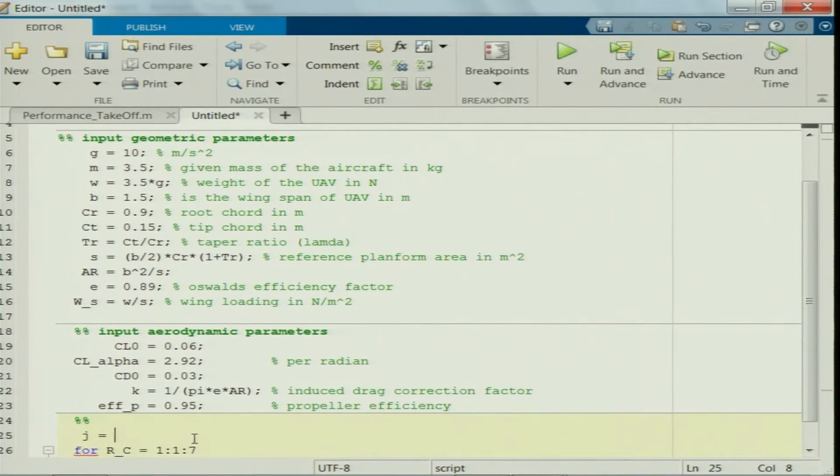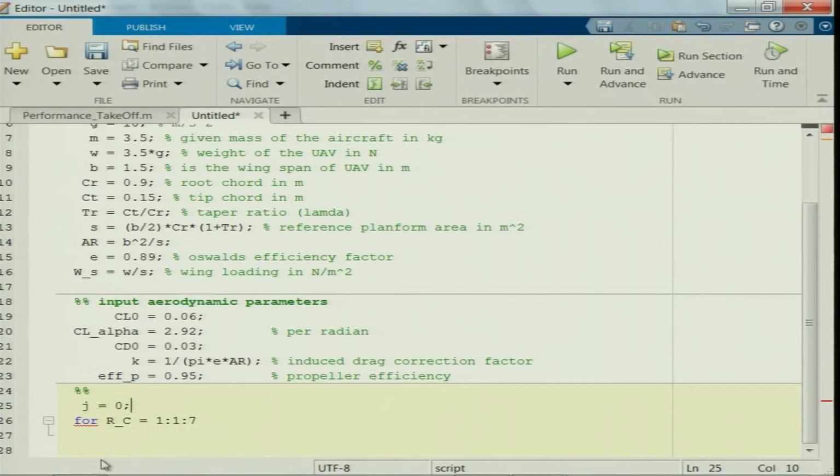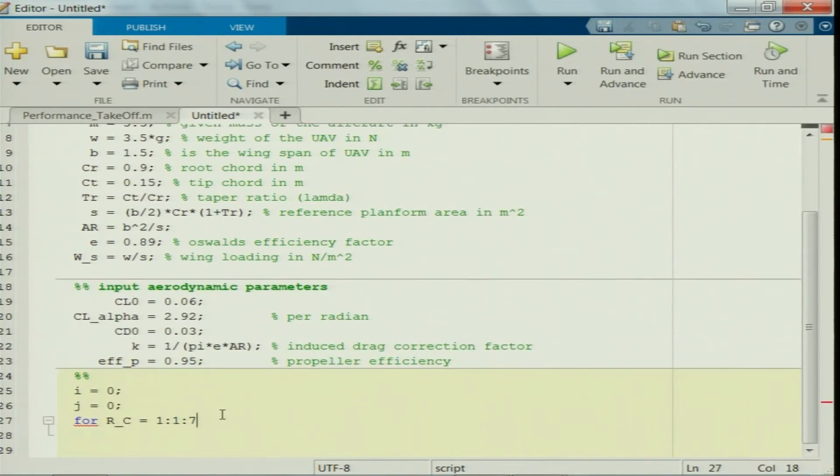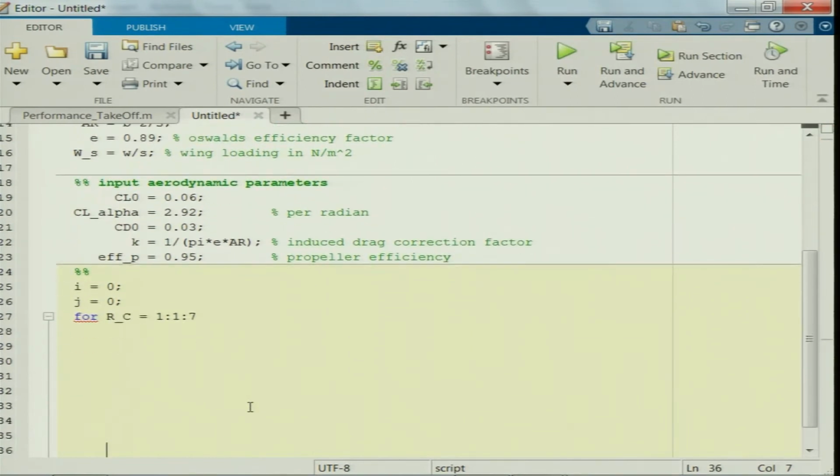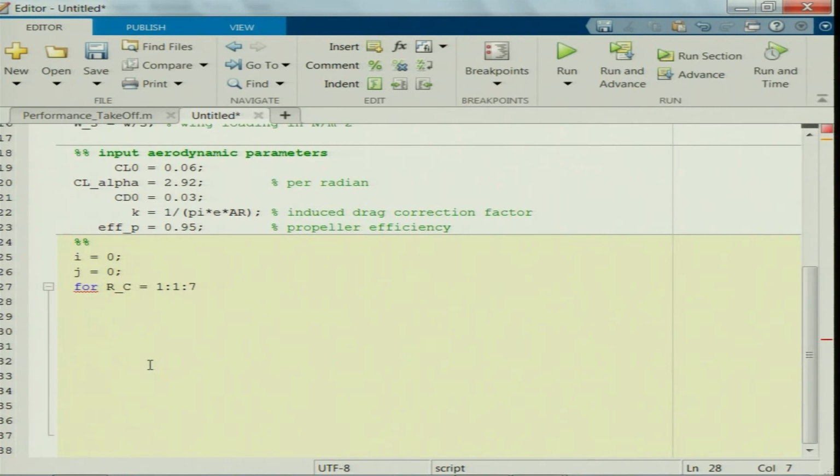So let us say j is the variable of this particular iteration for rate of climb, and I would like to consider another variable i as the variable for the iterations here. So, j is increasing whenever there is an increment in the rate of climb. Initially it takes the value of 1.